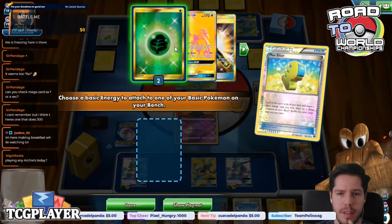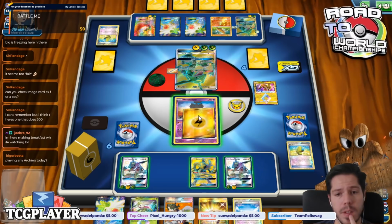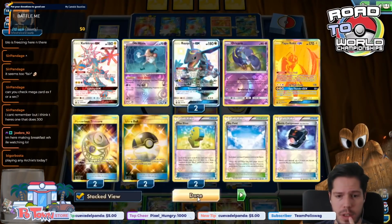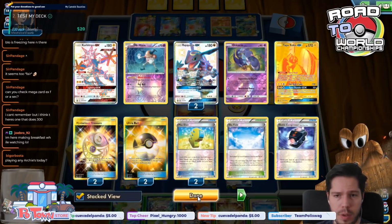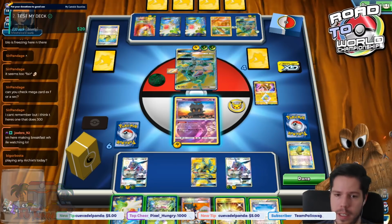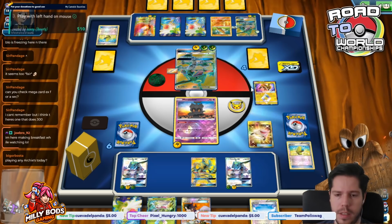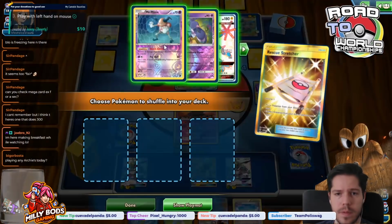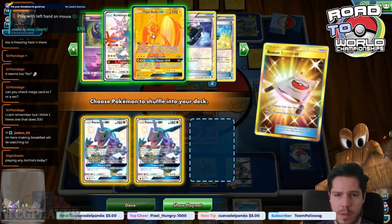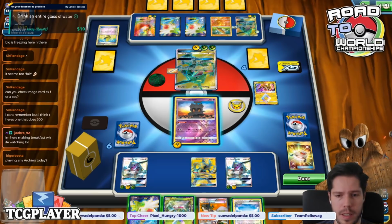Okay, so the max elixir does hit. That's very nice. So then I'll go ahead and attach. I do have a rescue stretcher since I do have 2 lost Rayquazas. That seems like a good idea, but I think I'm gonna put them back into the deck. Yeah, I'm gonna put these 2 and the Coco, I guess, back into the deck,